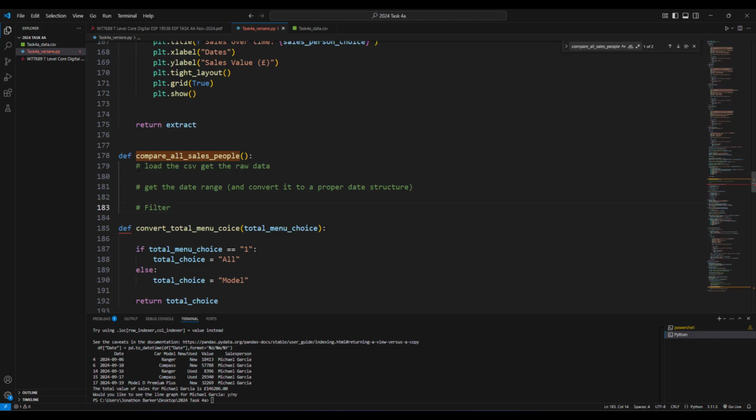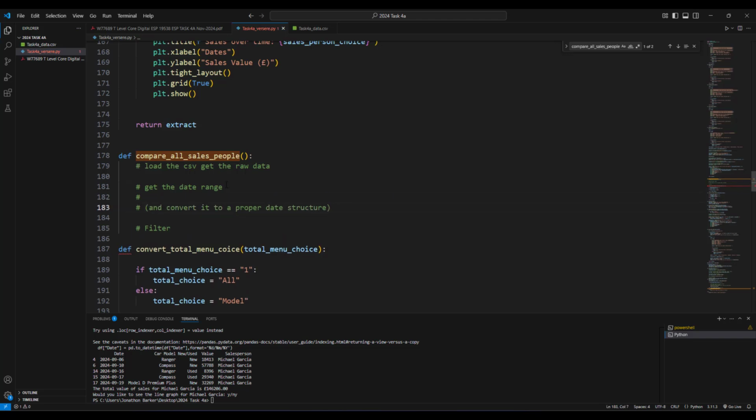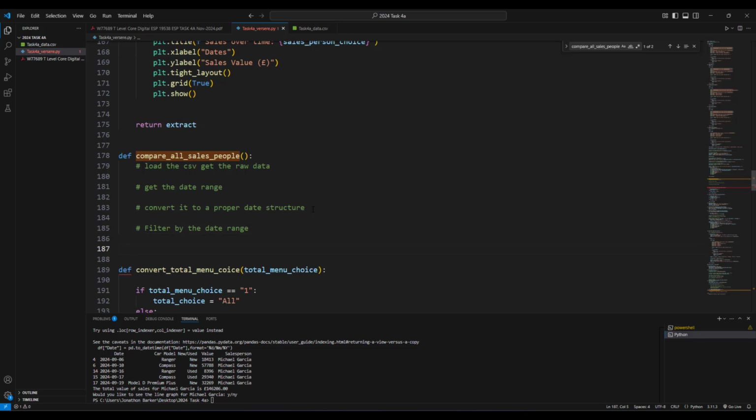We're gonna filter. Actually, I'm gonna try and keep this really modular for you and try and break it down as much as I can. So I'll show you these steps individually. Convert it to a proper date structure. Then we're gonna filter by the date range that we've just figured out. So that's me making that mask again. Then